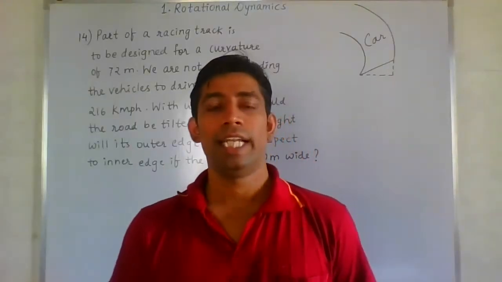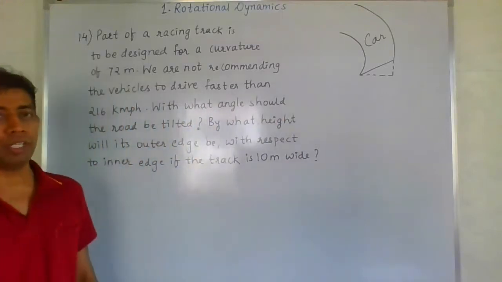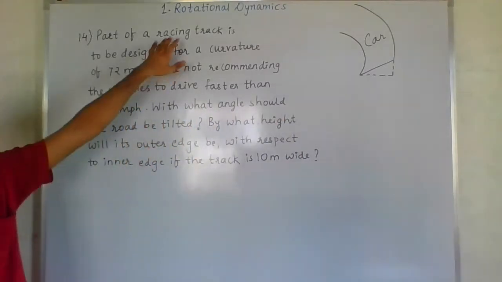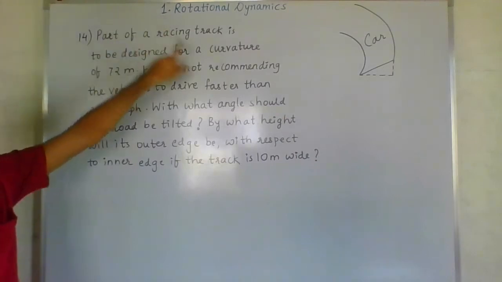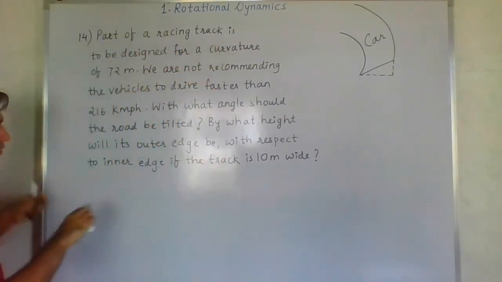Hello students, let's move on to the next numerical, number 14. I've written the question on the board. You can observe that this is a racing track, which has a curvature of 72 meters. So I'll write given as